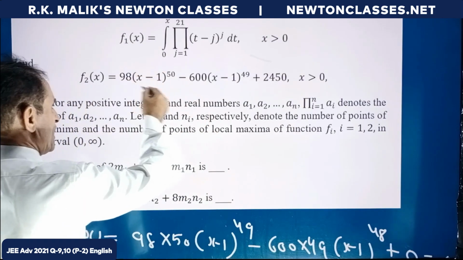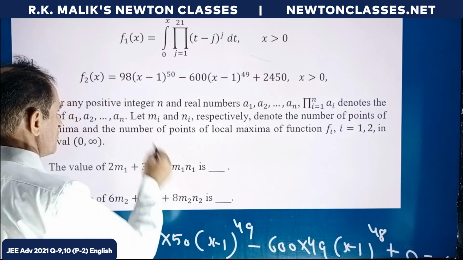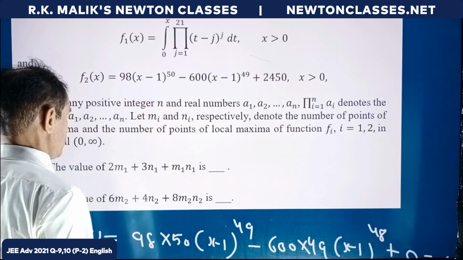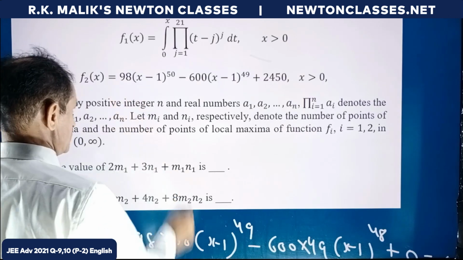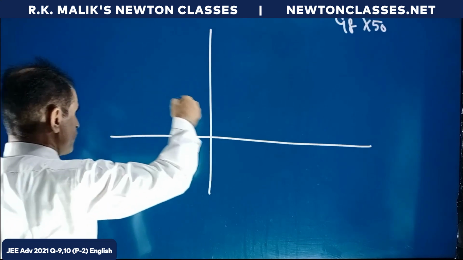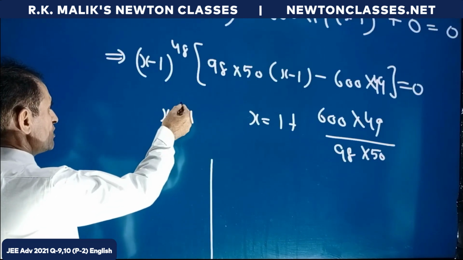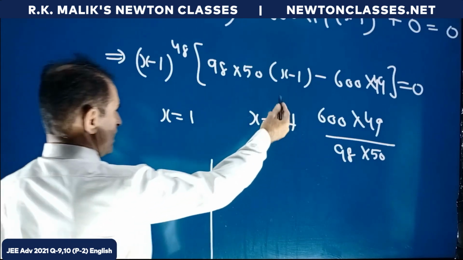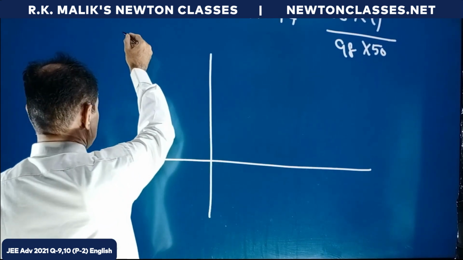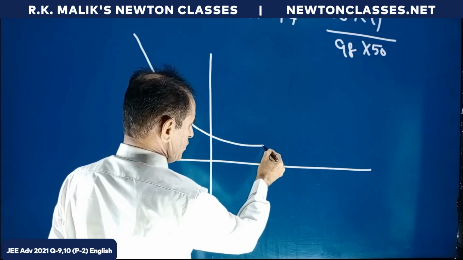It is clear that f2x is an even degree equation with the coefficient of maximum power of x as positive, because that will be 98. Hence the graph will be of the type it will come from up and finally go up. And we have already found that 1 is the point of inflection and this is the second turning point. The graph will be of the type: at 1 point of inflection will be there,